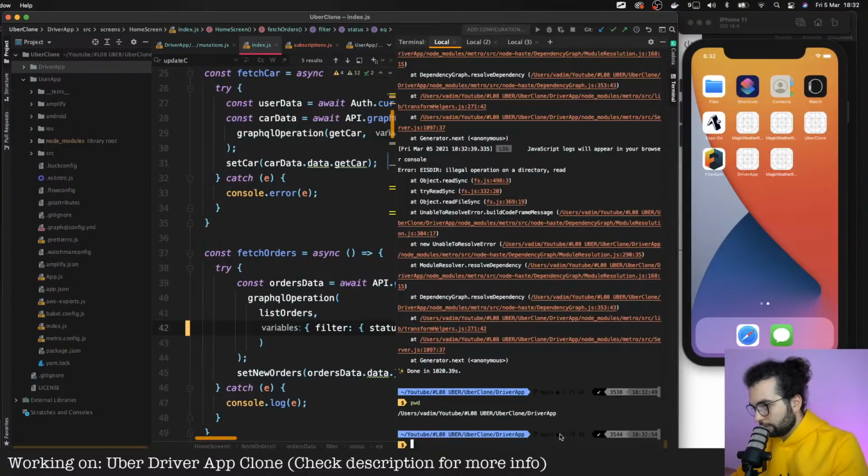BFD driver application. Yarn start. Reset cache.